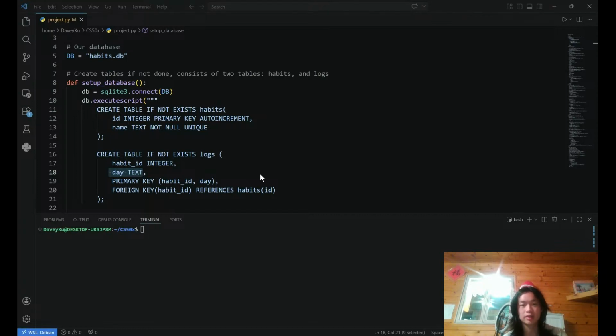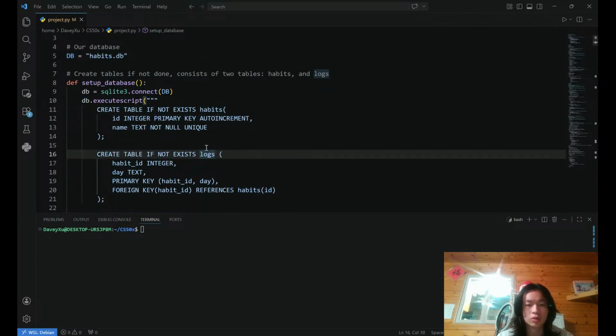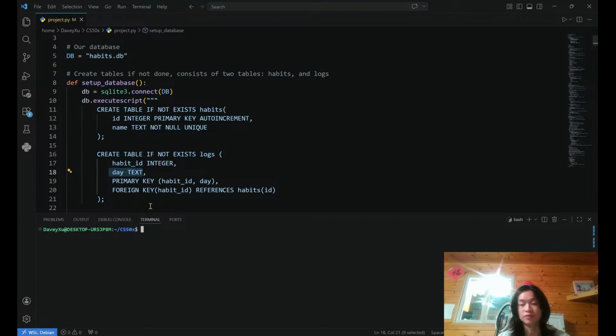Today is April 18th, and my final project is a daily habit tracker that uses primarily Python and SQL. So the base of this program is it just has two tables, one called habits, which is just going to include the name of our habit, another called logs, which has a foreign key that references the primary key, our ID, in the habits table. And it's just going to include a day, which is going to calculate our streak for how many times we've done that habit. So right now, if I hit ls, we see there's no database.